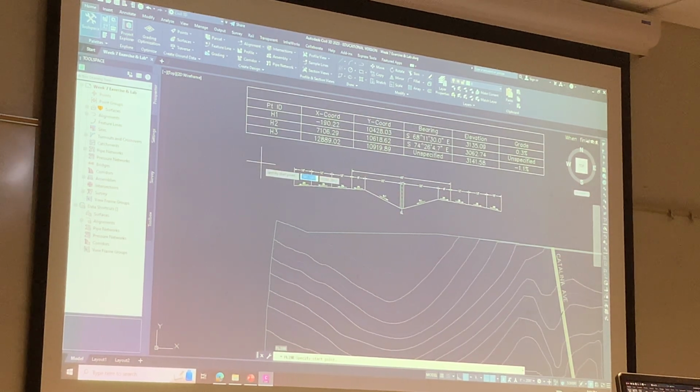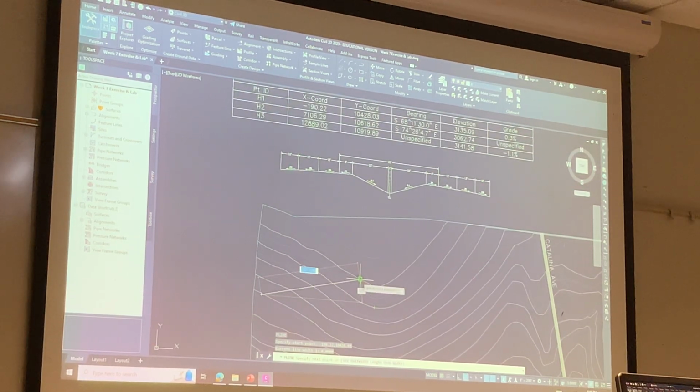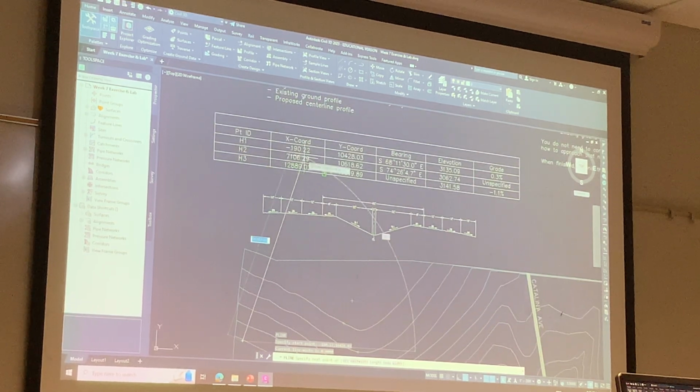the coordinates. In this case, I'm given coordinates. I'm not given northing and easting. So I start typing in my coordinates. Let's see, I've got negative 190.22, comma or tab, 10428, 0.03. What kind of line? Polyline. All right, and then